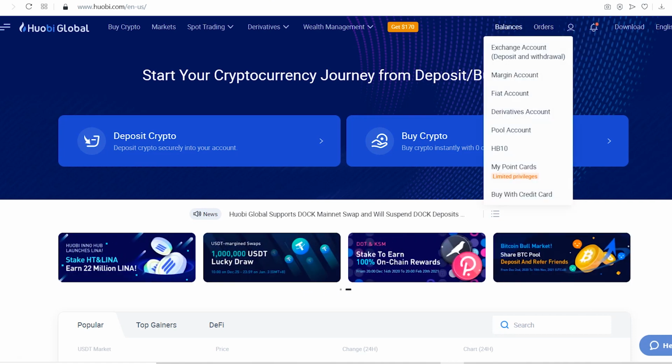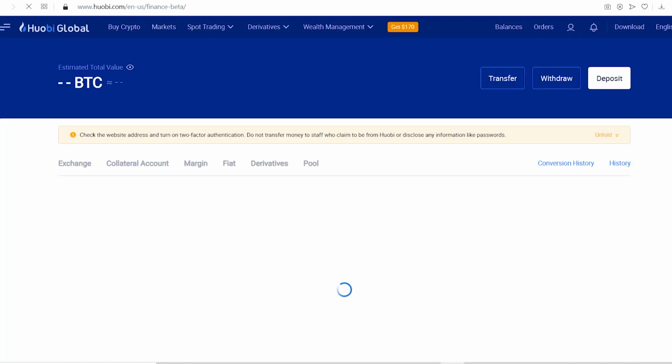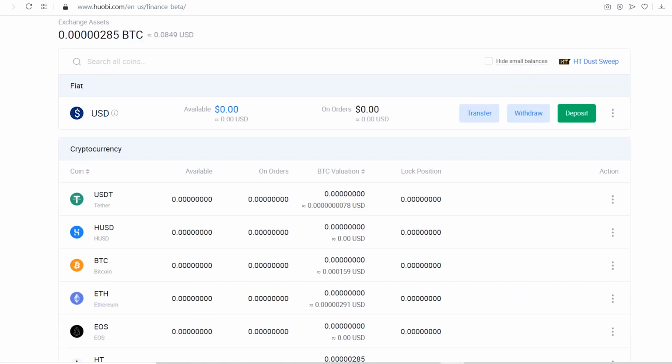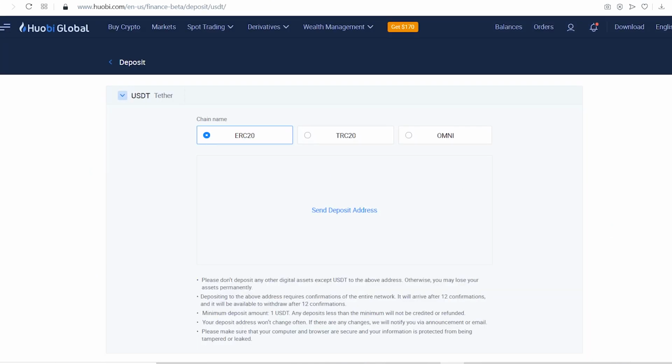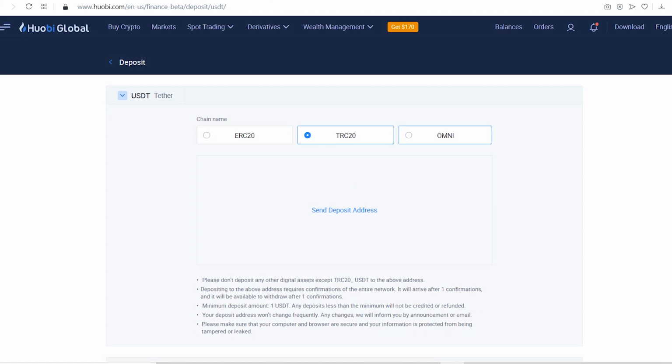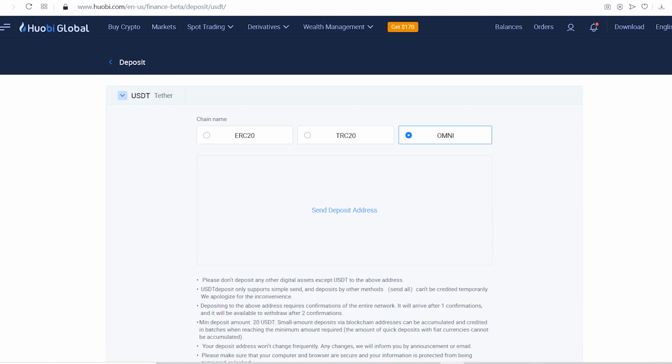2. How to deposit USDT funds to your account. Log into your Huobi trading account. On the top right-hand side, click on Balances and select the USDT token. Check your USDT deposit address and send USDT to this address. You may choose to copy the deposit address or scan the QR code. Once copied, head over to your USDT-filled wallet and withdraw to this copied address.